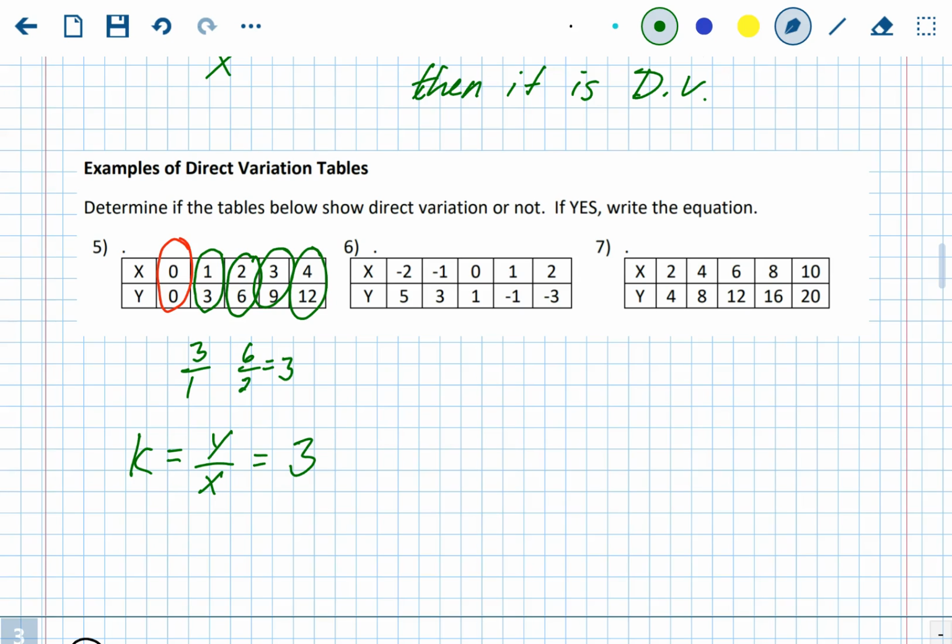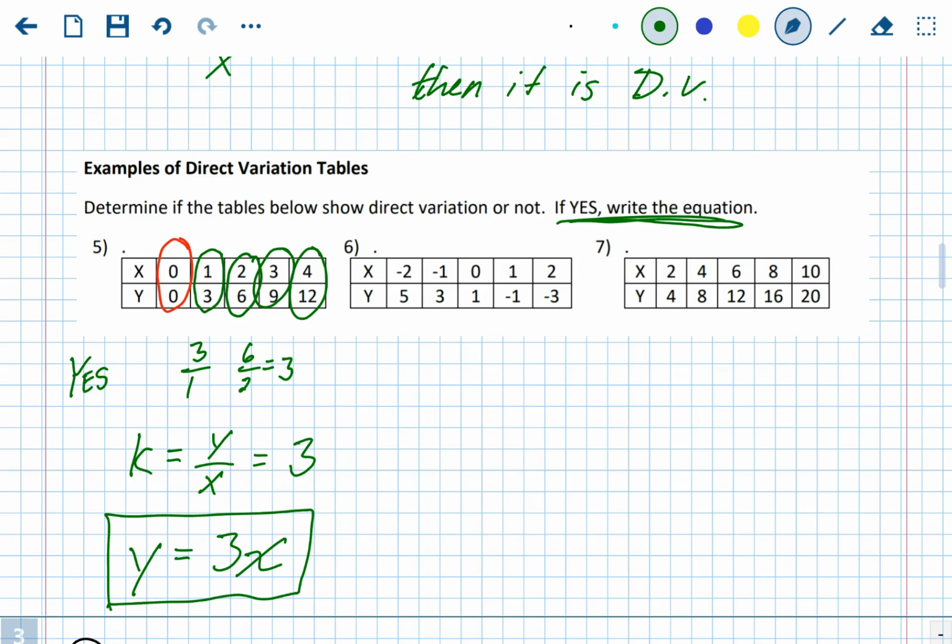In this problem, it said if yes, write the equation. Okay, this one is yes. So how do we write the equation? Well, it's easy. You just do y equals kx and plug in what k is. So y equals 3x. That's your direct variation equation. Okay. The next one,